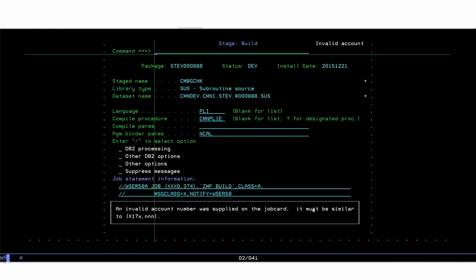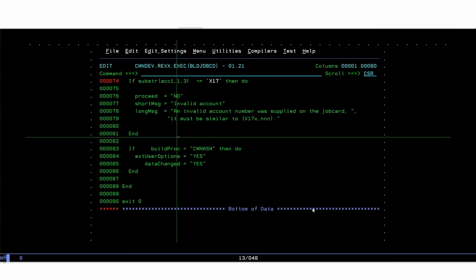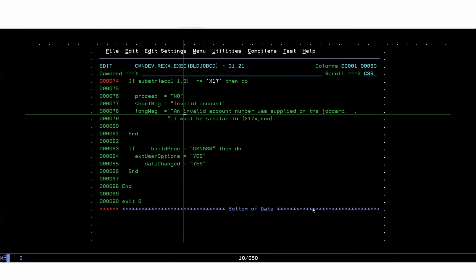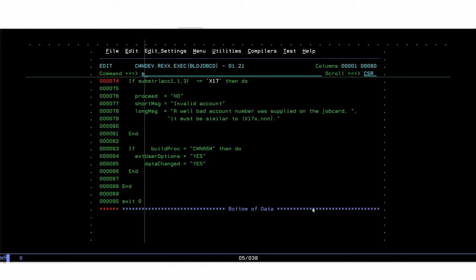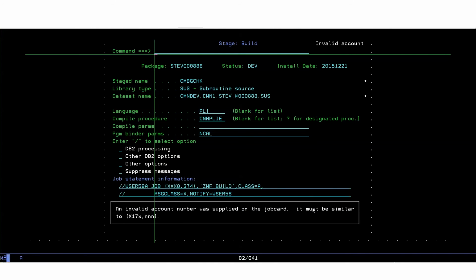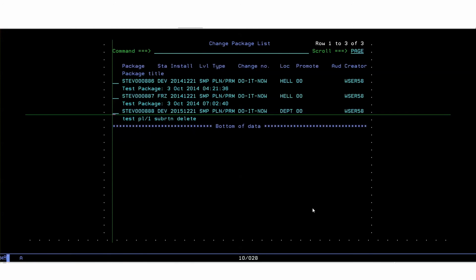And just to finish up, to show how easy we can change the way the exit works, we go back to the exit and put something different for the error message. And we can save that. Every time the particular function, in this case build, is restarted, it will pick up the latest version of the exit that's been active. So if we come out of here and restart the build function,